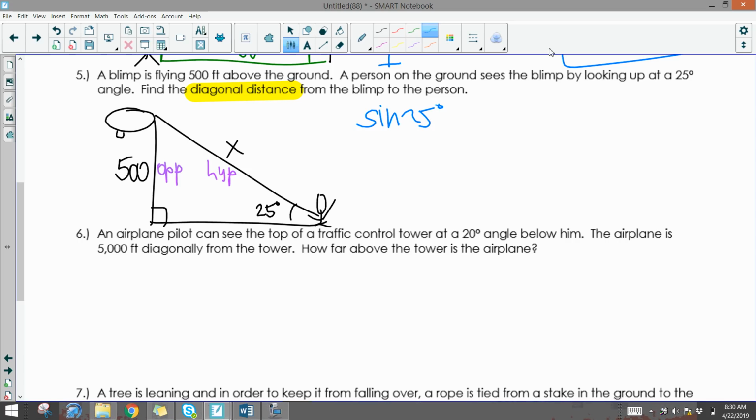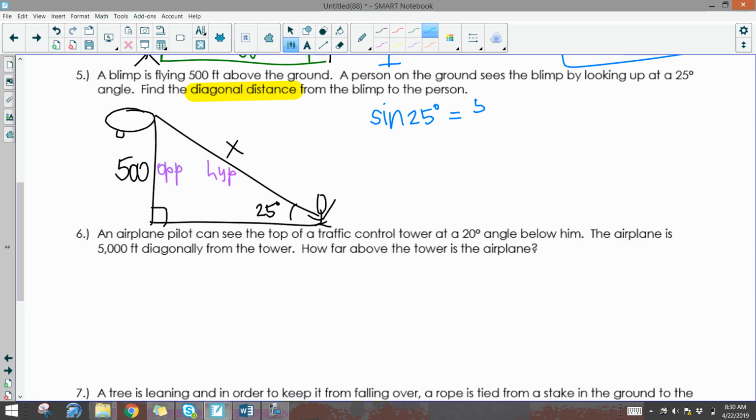Oh my goodness, you guys, that doesn't even look like anything remotely legible. I apologize. All right, let's try this again. Sine, oh, and it thinks I'm also a highlighter. How about that? Of 25 degrees